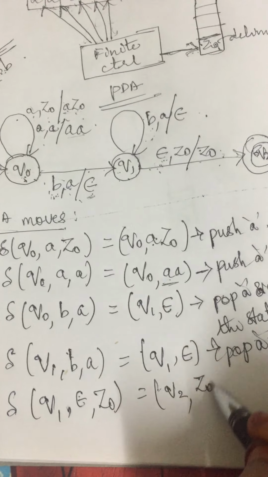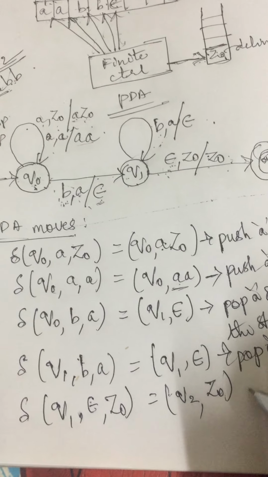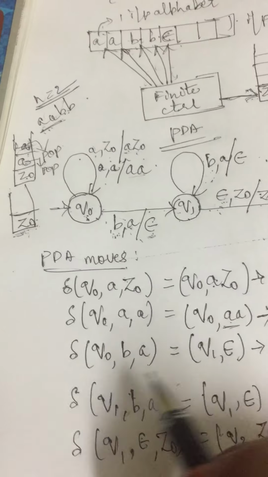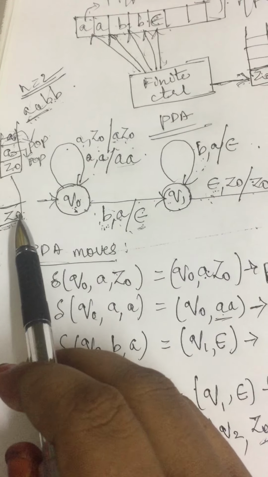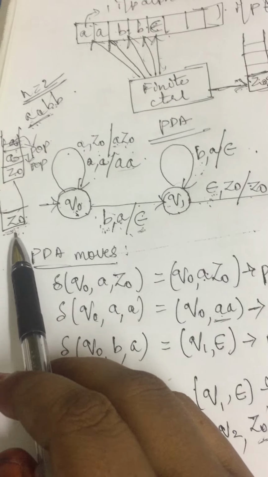And what is the top of the stack? Z0. So this is nothing but, see here, Z0 is not popped. Z0 has been kept as it is. That means we are just skipping that operation there. We are going to place the top of the stack as it is, so we are skipping that step. So that is what it is: a skip operation has been performed. It means that Z0 has neither been pushed nor popped.